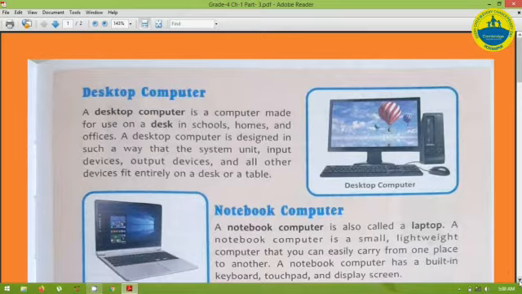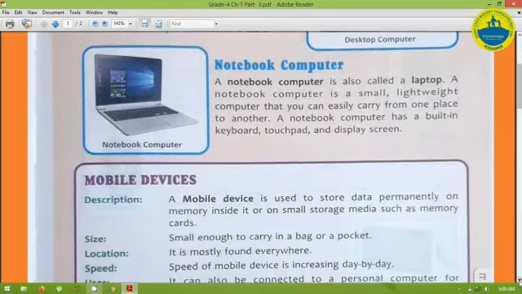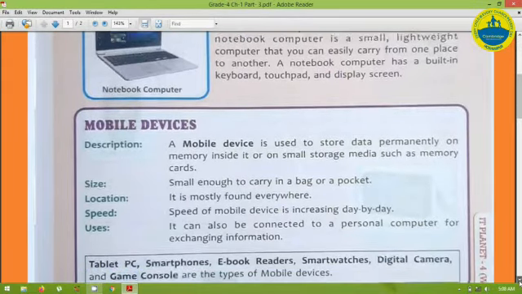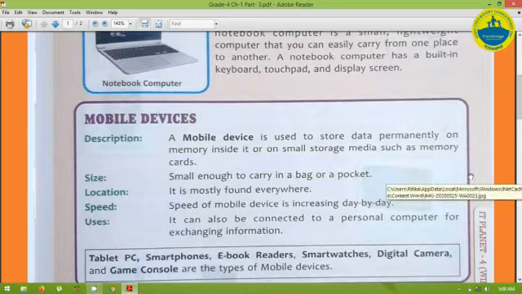Next type under the category according to size: mobile devices. Mobile devices are also used to store data temporarily on the memory inside them, and a small storage media such as a memory card. Mobile devices are small in size and easy to carry.